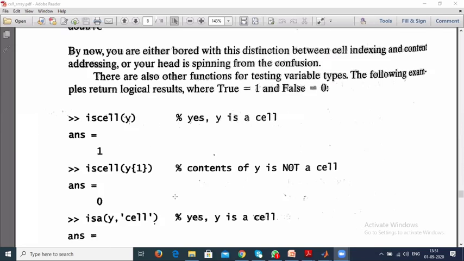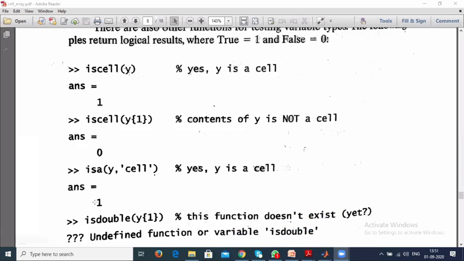Just like this one, we have some more commands here. isa y cell? Yes. isa can be used for many things. iscell is used only for cell arrays. iscell is only for the cell array condition. isa is for many things.